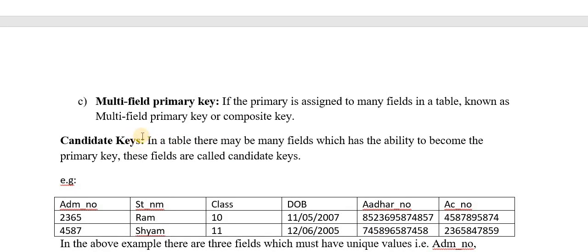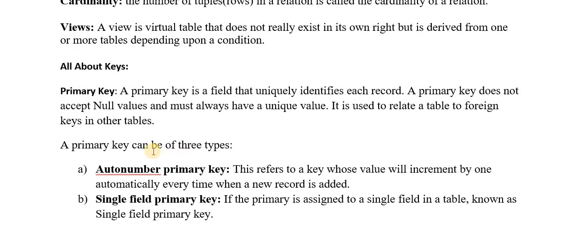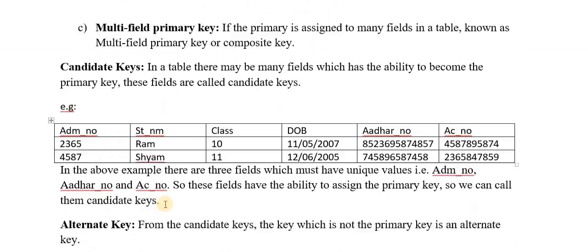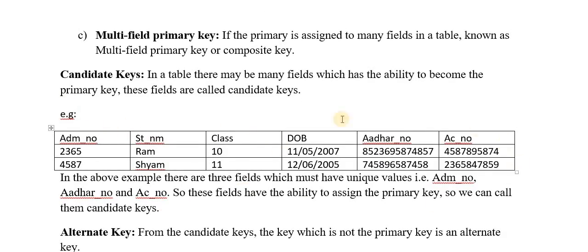Before understanding candidate key, you should remember about the primary key. It will be clear about the primary key. So in a table, if you have a field, that value must be unique. It should be unique. So that is called primary key. For example, here in this table